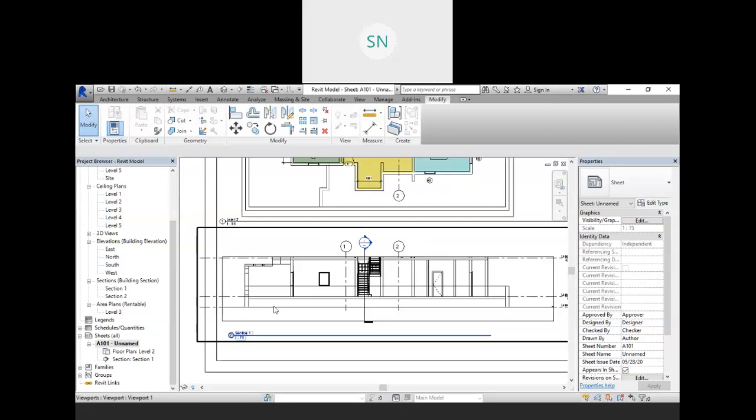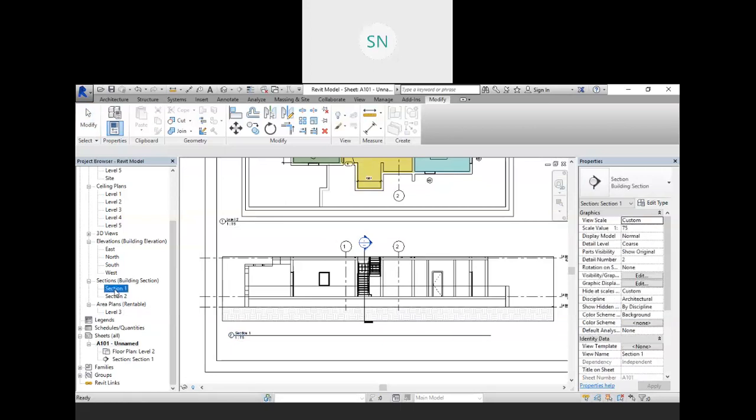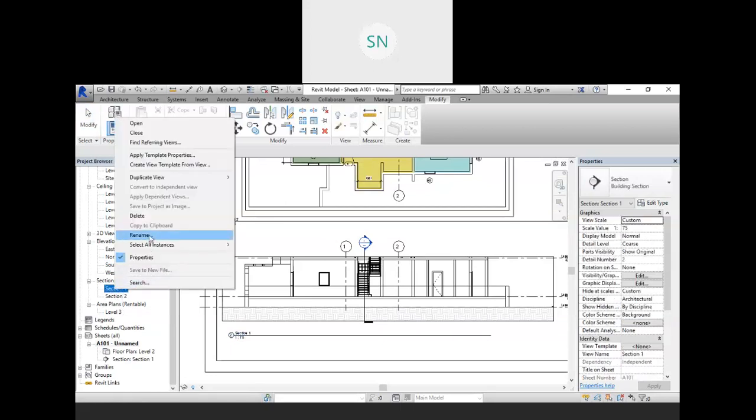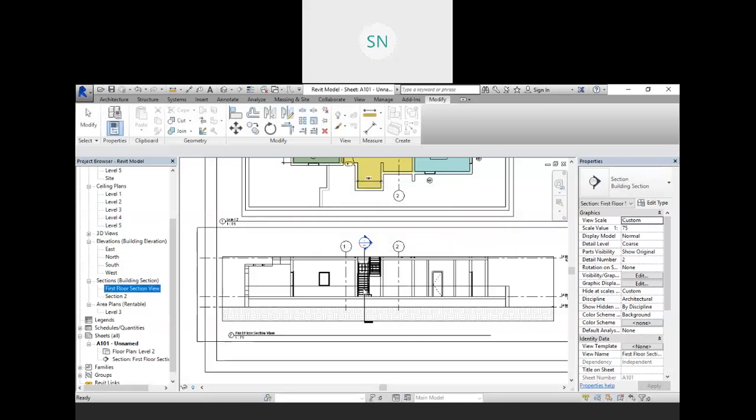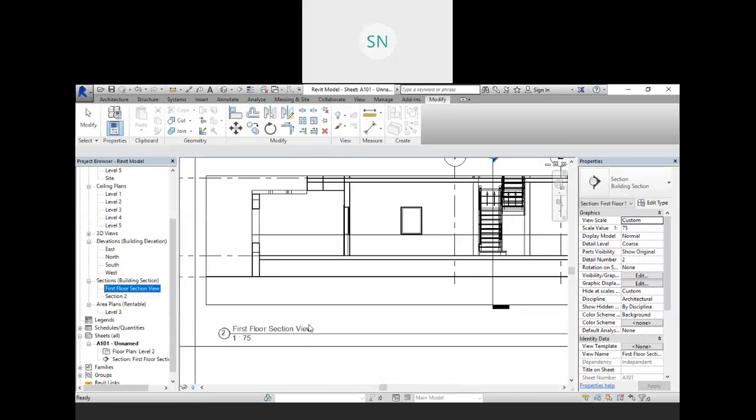And if you want to change this section 1, right click it and rename it. This is my first floor section view. So your tagline will be in that way.